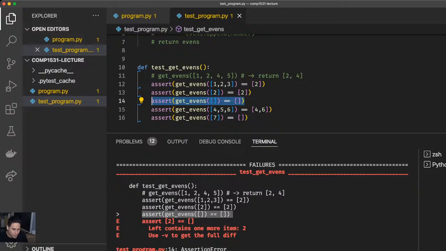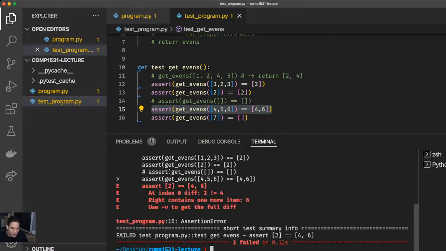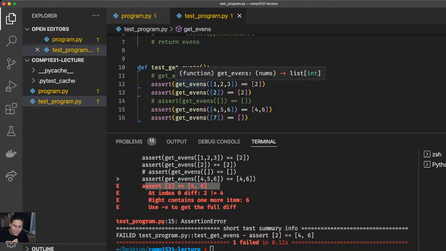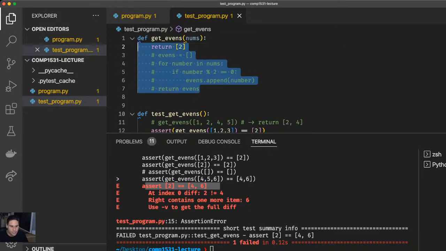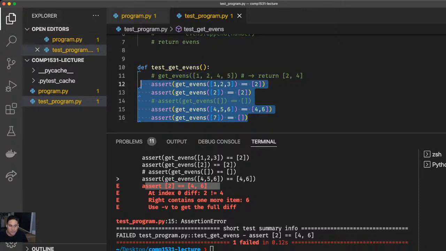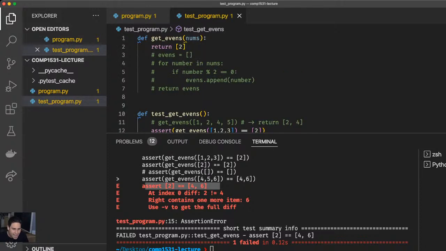Similarly, if we got rid of this assertion, is this assertion going to pass or fail? It's going to get stuck at that assertion because the function is always just returning a list with the element 2 in it only. The reason this is interesting is that with your collection of tests, you can sometimes write a function that happens to work for some basic situations. But if you expand your test cases, then you'll see, okay, this function's not actually doing what I need it to do. Now let's implement